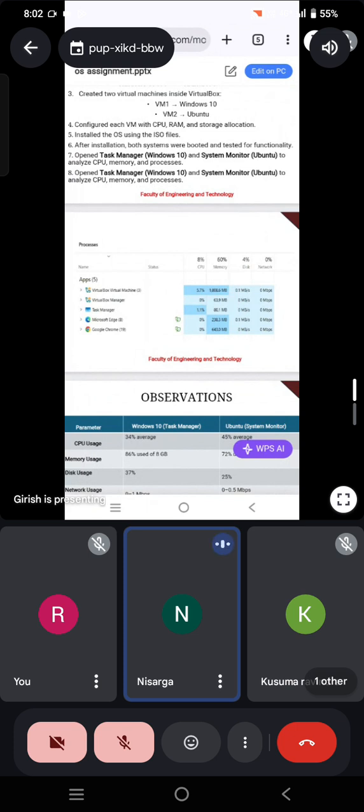memory 238.3 MB, disk 0.1 MB per second, network 0. Google Chrome, CPU 0%, memory 643.0 MB, disk 0 MB per